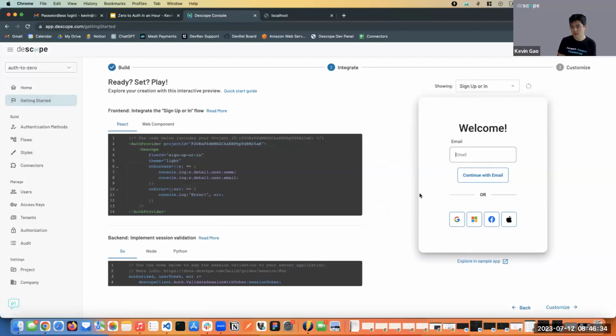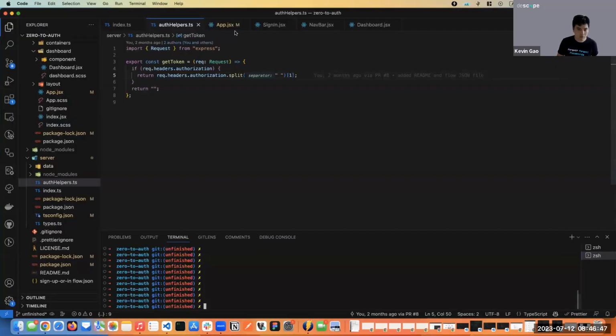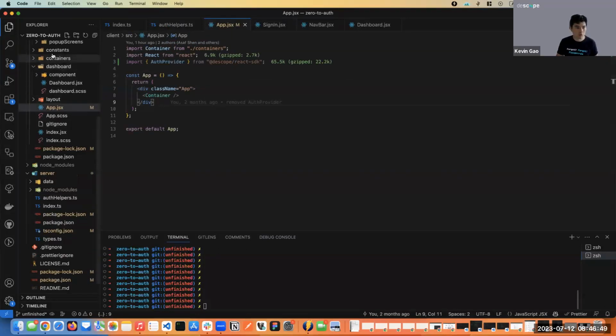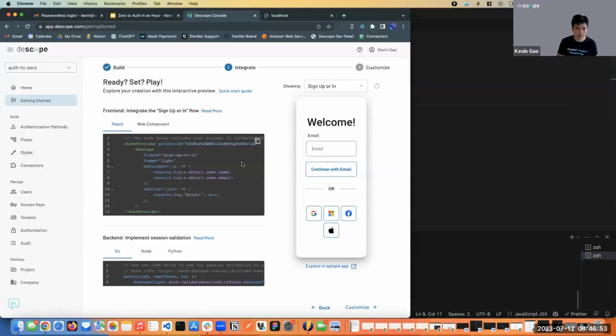So let's actually start embedding this in our application. What we can do is go to VS Code. And hopefully you guys have already cloned this repository. The link should have been sent in the chat. But basically, this right here